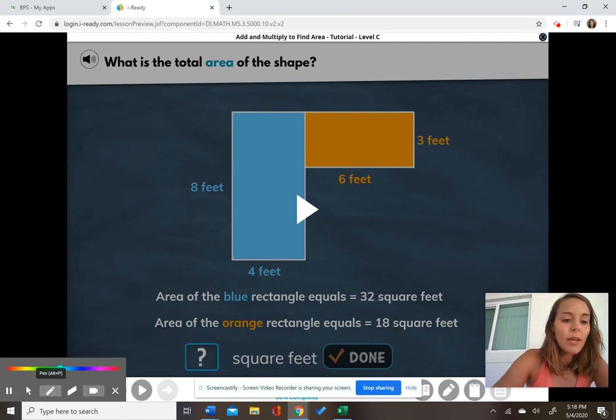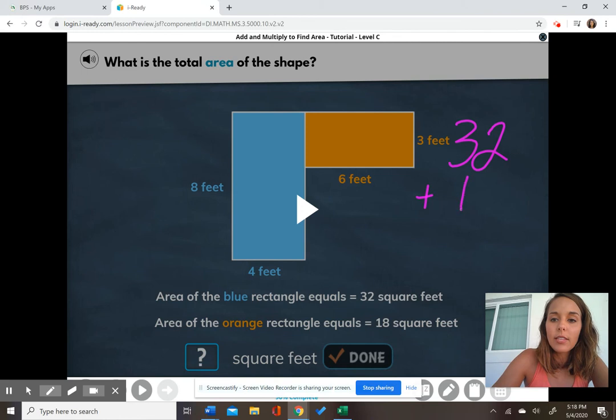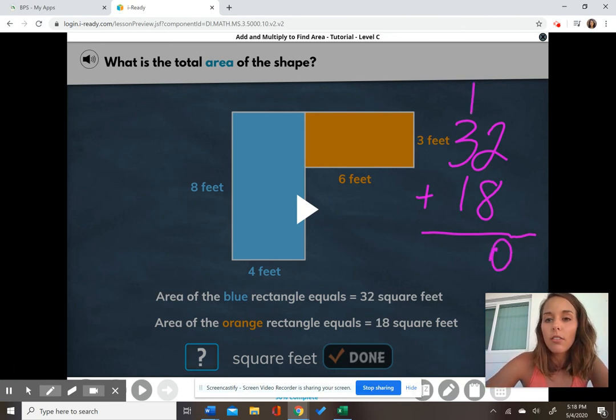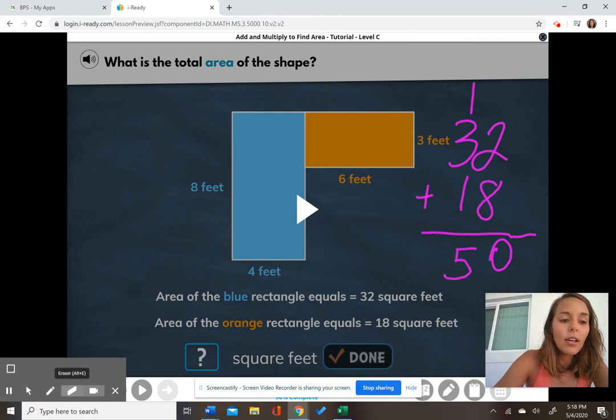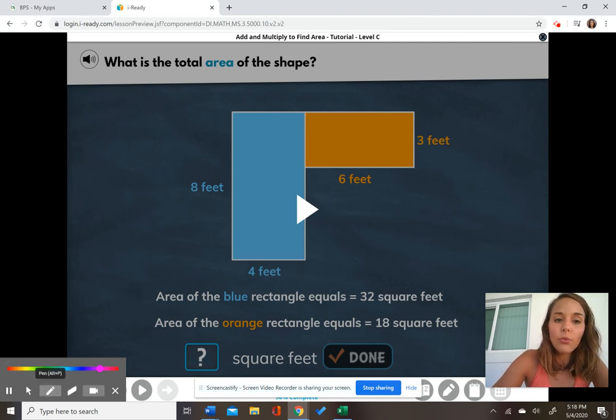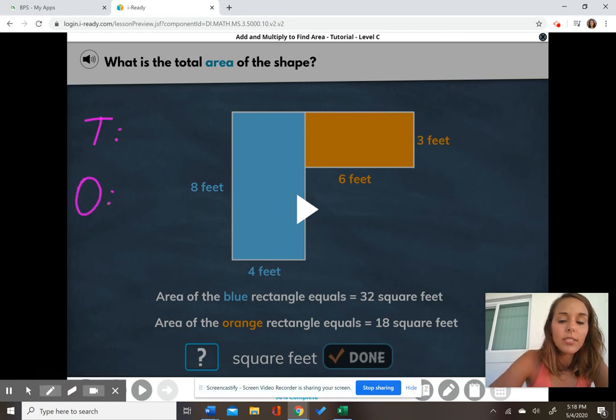Now remember, when we were adding up numbers, you can do it one of two ways. You can do 32 plus 18, one on top of the other, just like that. 2 plus 8, you have to line up your tens and ones. So my ones column is 10, carry the 1, don't forget the 1, and that becomes a 50. Or you can do the way we always have done in class, where you do a tens column, ones column. And to parents, this is probably like a different language, but this is what we practiced in class. I'm just going over very, very basic so that everybody has a good shot at getting a good score on this. So if I'm doing 32 plus 18,